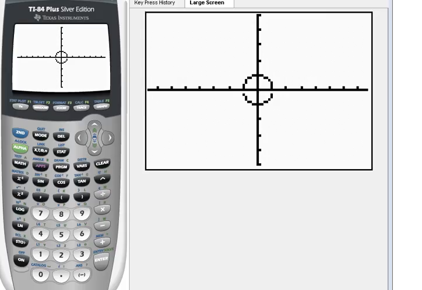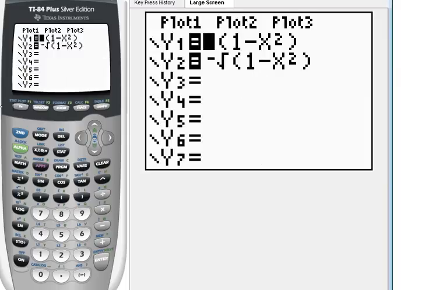And so we come back to where we left off in the previous video. And now we have our circle. The circle on the graphing calculator, though, is really made up of two explicitly defined functions: square root of 1 minus x squared and negative square root of 1 minus x squared. But that's a little difficult for us to work with all the time, and sometimes we can't always even solve for y